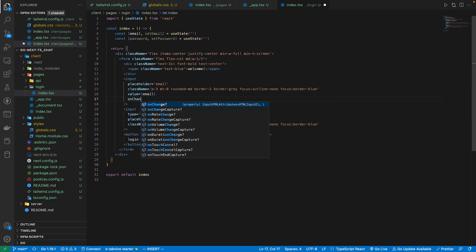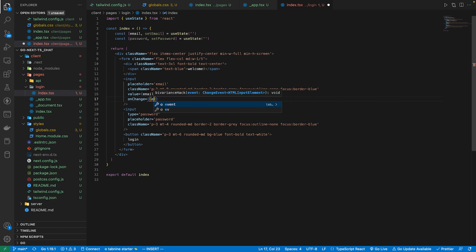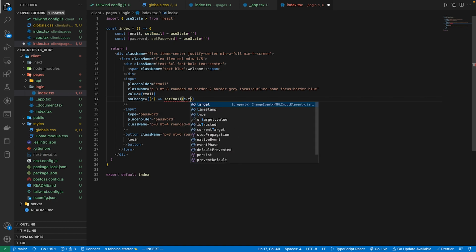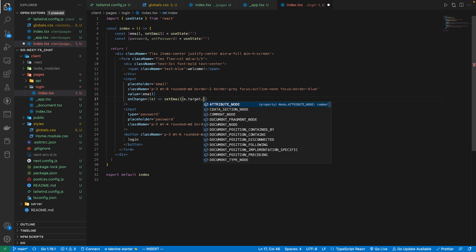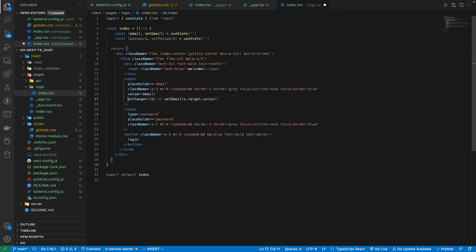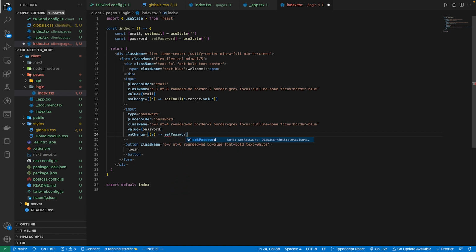And on change, meaning on every keystroke, we can use the set email setter to set the value of the email using the target.value. And we can do the same thing for the password. So on change, we read the target value of the event